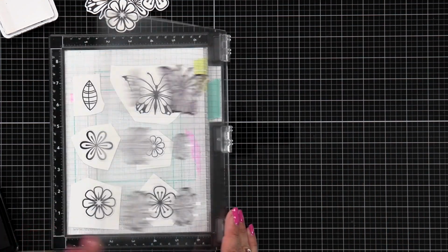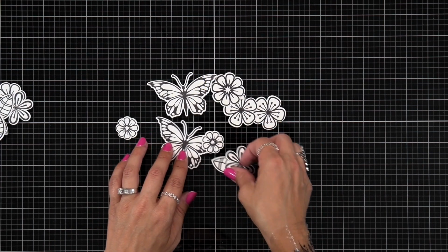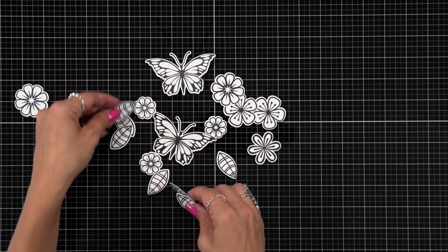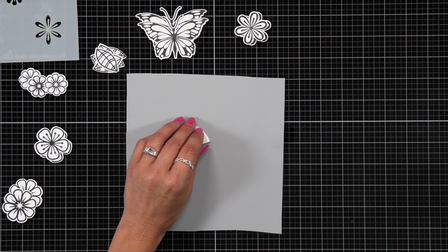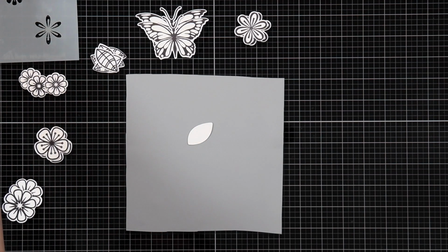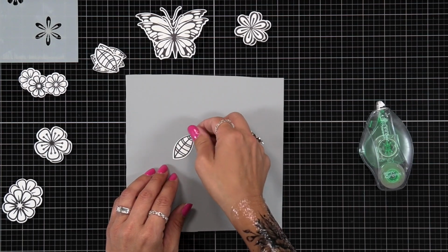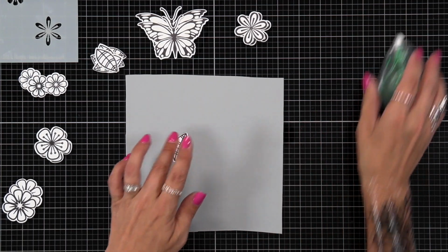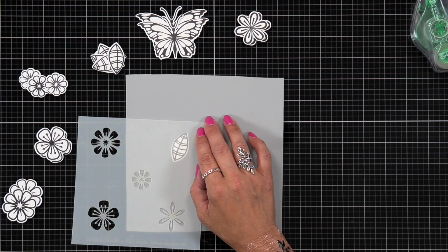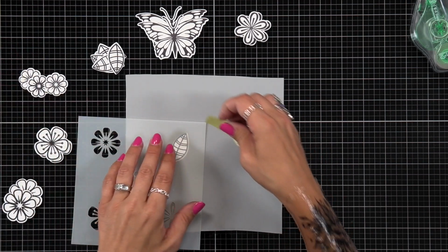So after I have everything stamped out, I have this nice collection of stamped images perfectly trimmed out and ready to be colored in. Now, I will be using the coordinating stencils to color in my images, and this is just one of the ways that you can do it. Now, I could use my sticky mat to hold these die cuts in place, but I wanted to show you another option. You can always use paper on your work surface. I happen to have a media mat or a silicone mat, so it kind of holds my cardstock in place